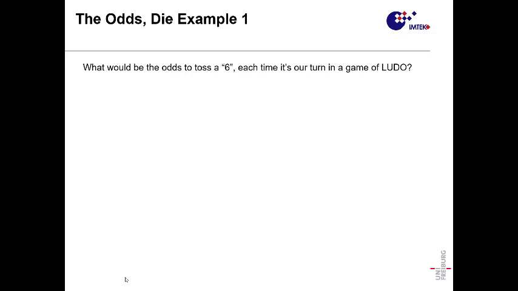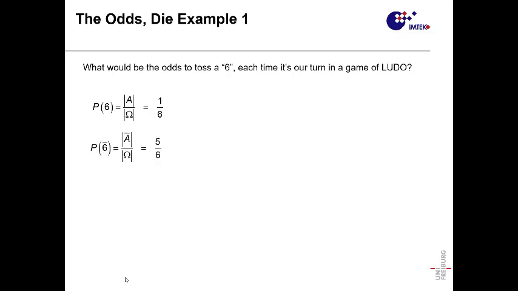But first, an example of the odds. So let's say that we want to calculate the odds of tossing a 6, in the game of Ludo or in any throwing of the dice. First you have to calculate the probability of A to happen, which is 1/6. I think we are all clear. That is going to be 1/6.